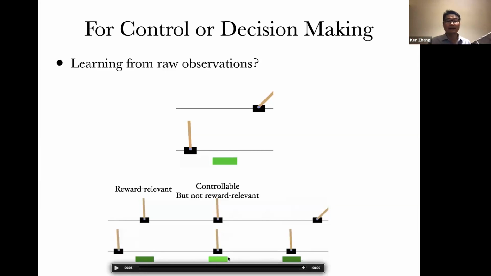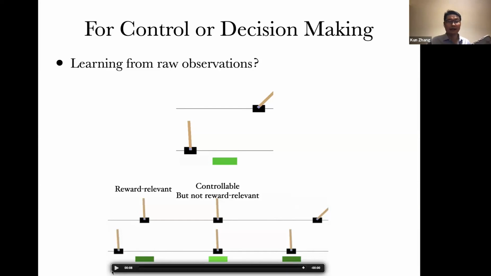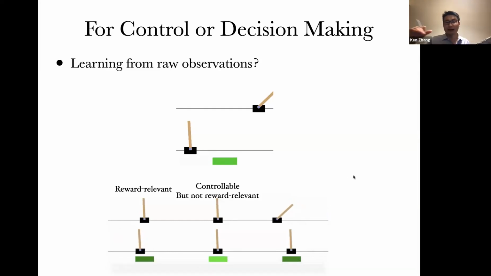But in this case, the color of the light at the very bottom is not relevant to the reward. So you can forget about it, although you can control it. And on the very right, this is the location of another cart-pole above the one we are interested in. It's there, it's moving, but it's not relevant. So we can see it. To solve this problem, we try to find the underlying causal variables together with the dynamic causal model to explain what we see.